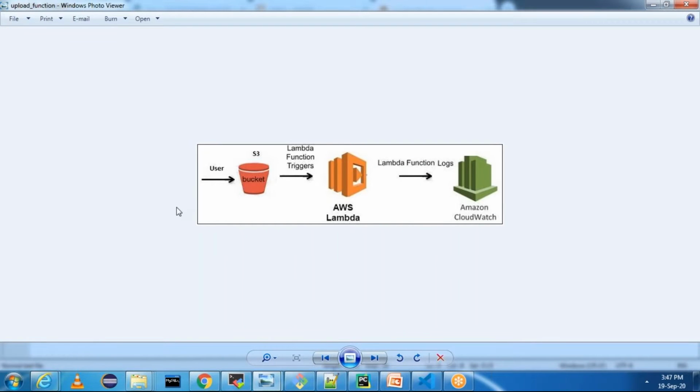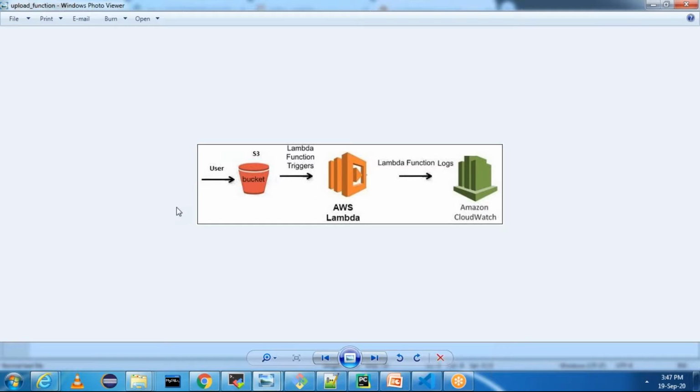In the earlier sessions, we have seen an introduction of how to load file from S3 to RDS. And as a part of that, we did a video on how to write and read CSV file using Python CSV module. In this particular session, we are going to write a Lambda function, and that Lambda function has an S3 trigger, so that whenever a user uploads a file to S3 bucket, our Lambda function will get triggered, and we can see the Lambda function logs in Amazon CloudWatch.